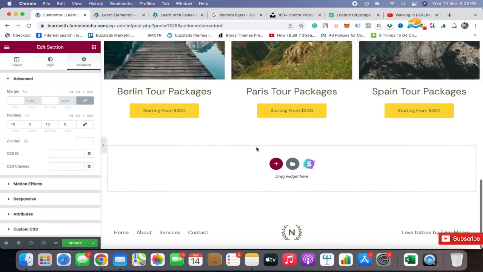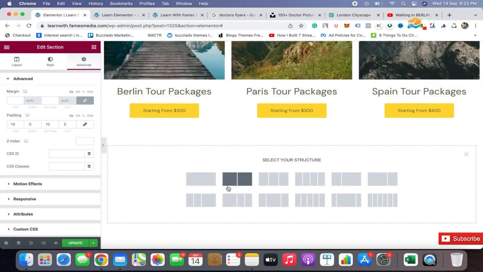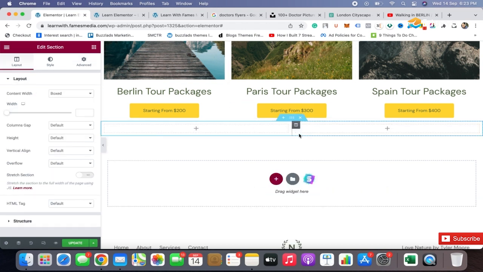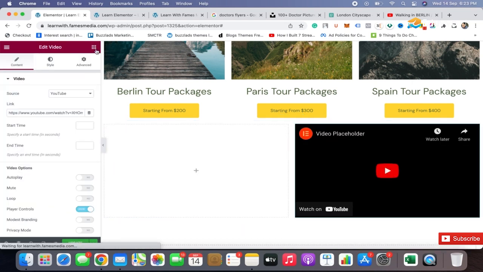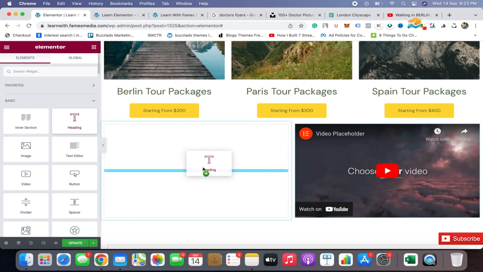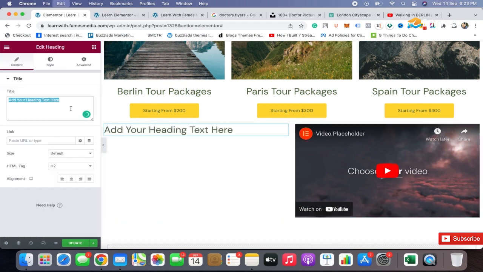So now next what you can do is, you can always experiment between all of these sections and the structures. I personally use either the 2 structure, or only the 1 section structure, or the 1 column structure over here. So now what you can do is, you can add the video. So let's say if you're going to add the video here, and we are going to add the heading also over here. So for the heading, I'm just going to add explore why you should travel with us,